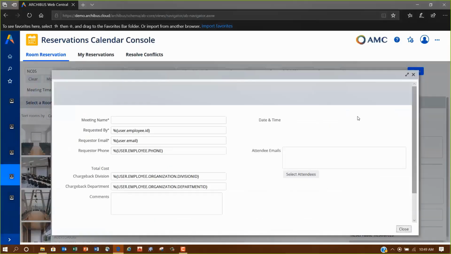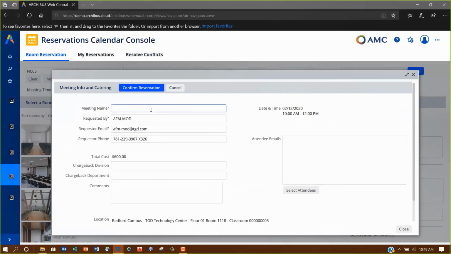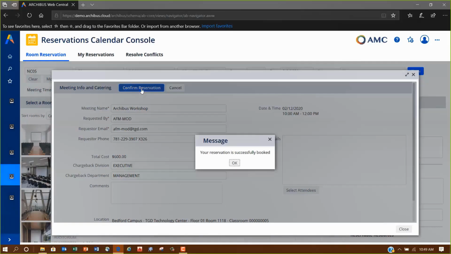So using this tool as somebody who is responsible for multiple entries, I can use the Archibus calendar. And I'm going to create an Archibus workshop. And I'm going to charge it back to the Executive Division Management Department. So again, the easy access touch typing that would take place. I can add people that I want to invite, but we're just going to do a simple confirm the reservation